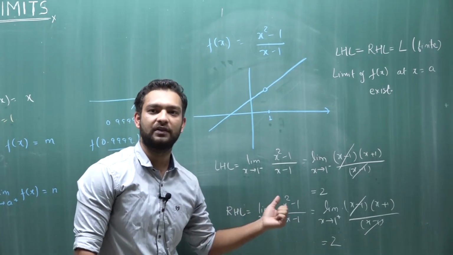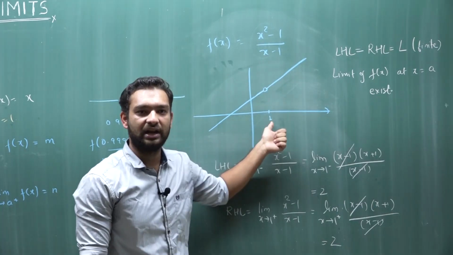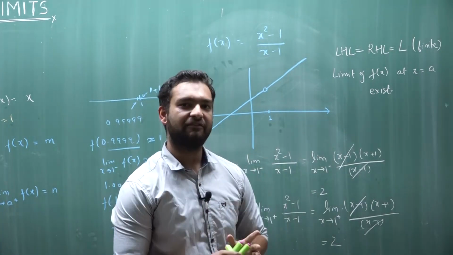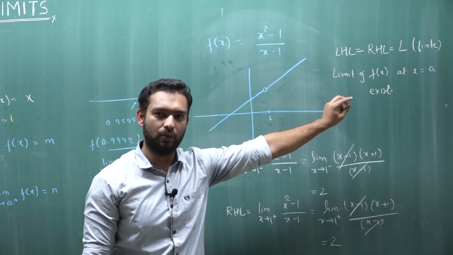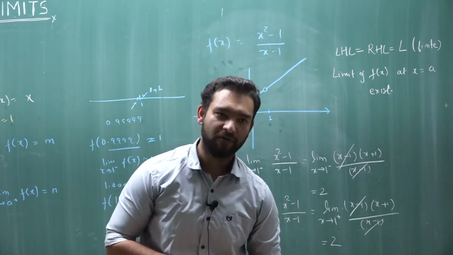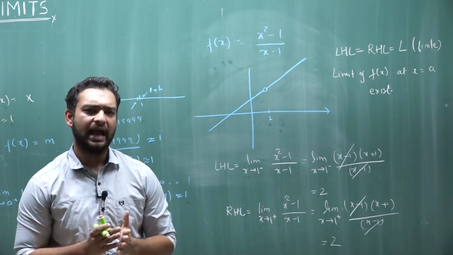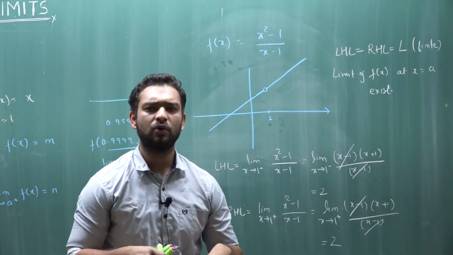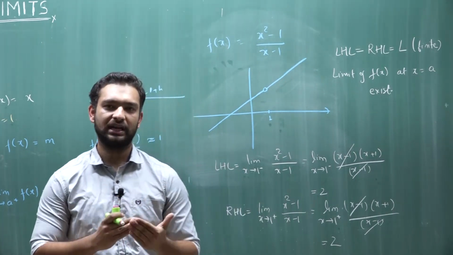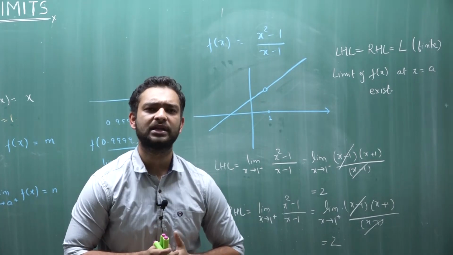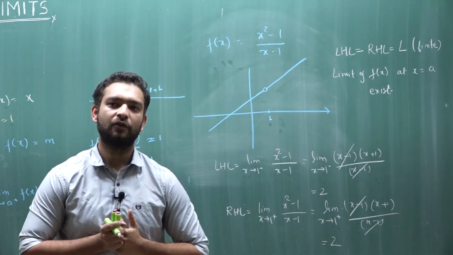It is the approximate or limiting value of your function at x is equal to a. It's not the exact value of the function at x is equal to a, because your function at this point is not defined. So we can't just directly find f of 1, but we can find its limiting value at x is equal to 1. Okay, so this is the basic concept of limits. Many graphs have discontinuities, breakages in between, and for most of them we are able to find the limiting values at some points. Some graphs are there where even using limits we are not able to determine the limits. We'll see it in more detail when we study the indeterminate forms of limit.